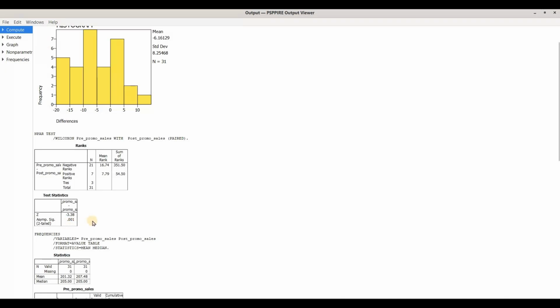But this p-value, because it's less than 0.05, tells us that we have to reject that assumption. So folks, this is how we use the Wilcoxon signed-rank test to test matched pairs using a